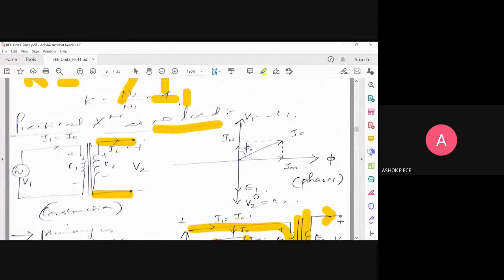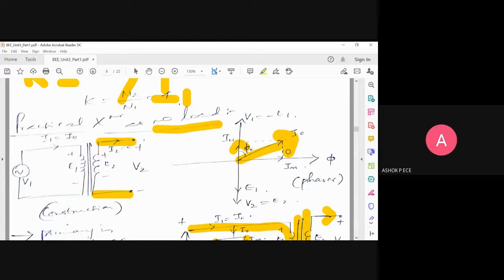E1, E2, V2, and V1. So along with that, I'm adding this one. So I naught, see, IW will be along V1. So IW is having no phase. So IW will be along V1. So IW will be flowing in this direction. And I naught will have some phase angle with respect to V1. So that phase angle is phi naught.